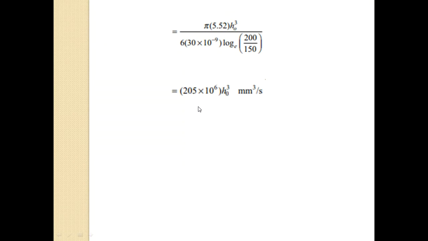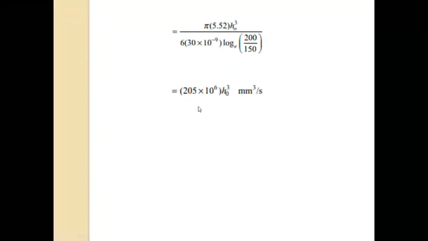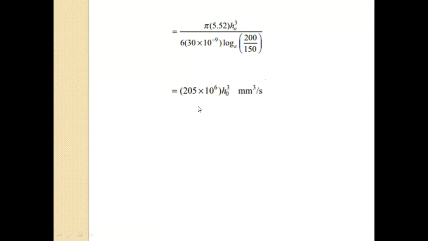Okay, so unit is cube per second. So this is Q. We got Q in terms of H naught cube. We are not getting the exact answer directly. We get Q in terms of H naught cube, that means Q is equal to this value into H naught cube. Now the next finding is